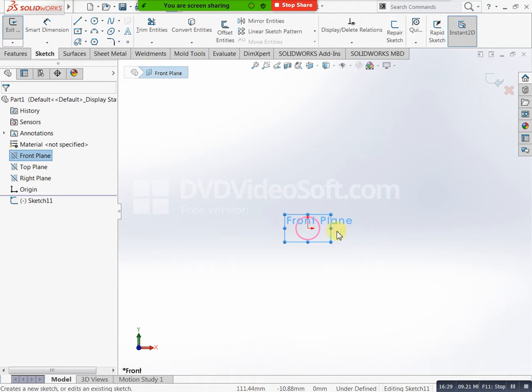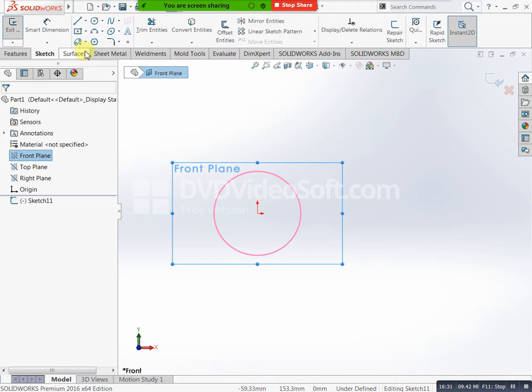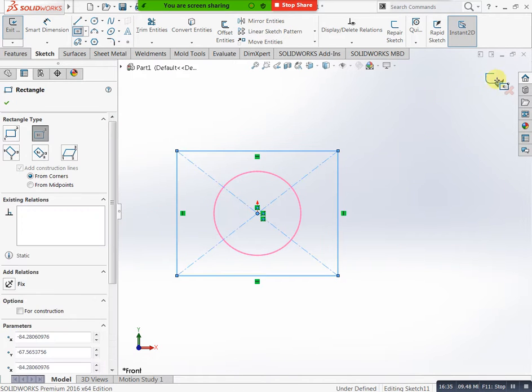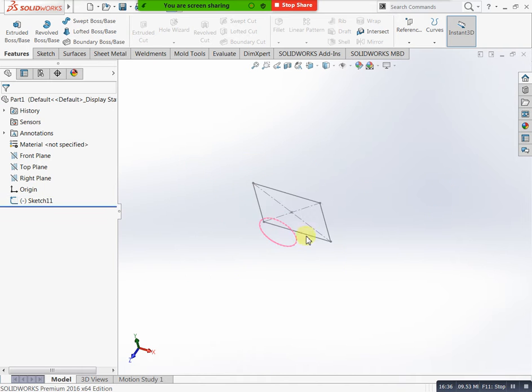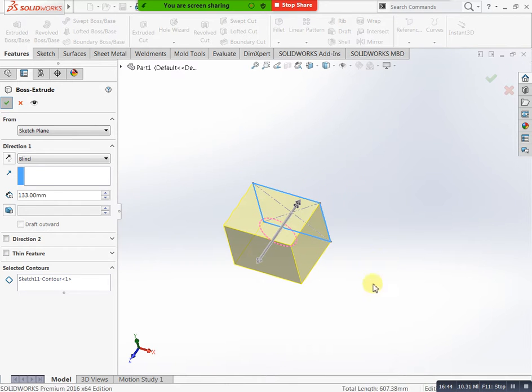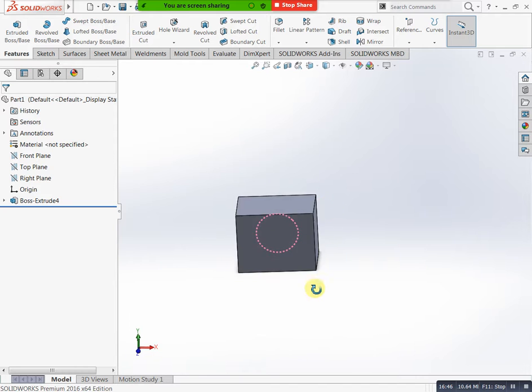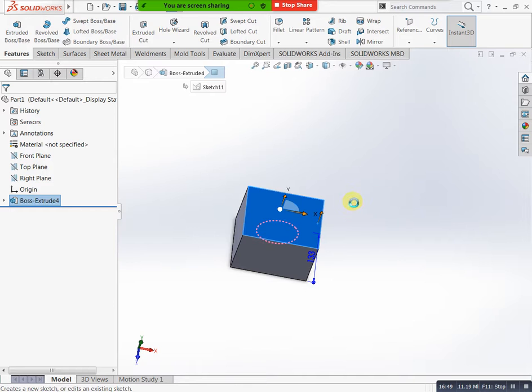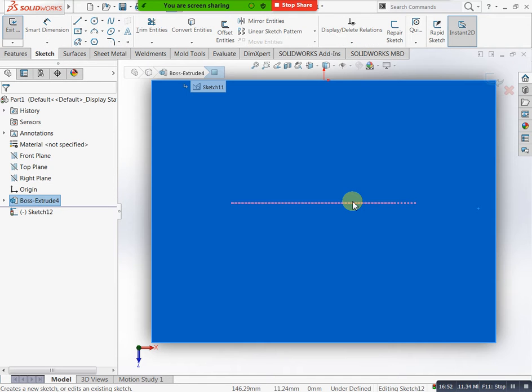Here I need loft cut. I am creating one circle here, then you can do finish. I need one more circle here, then you can do finish.